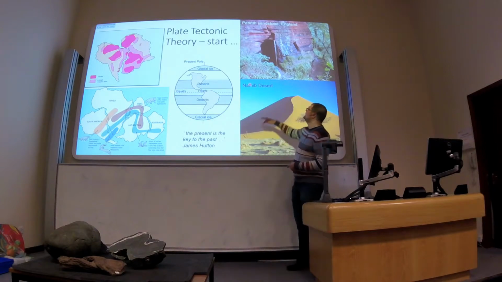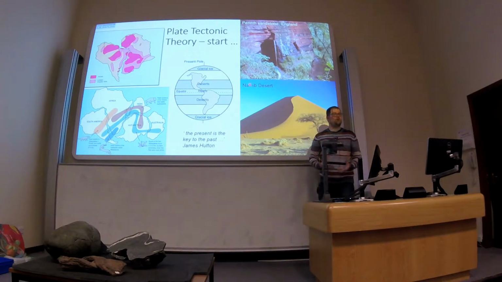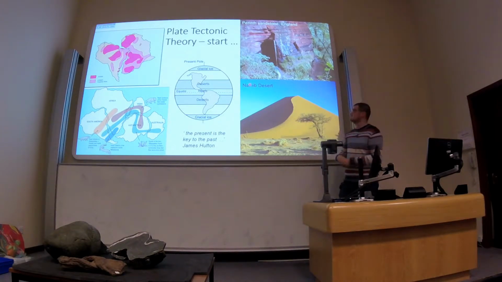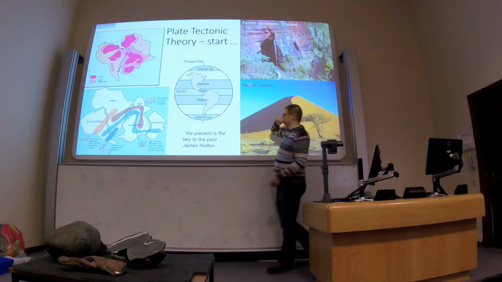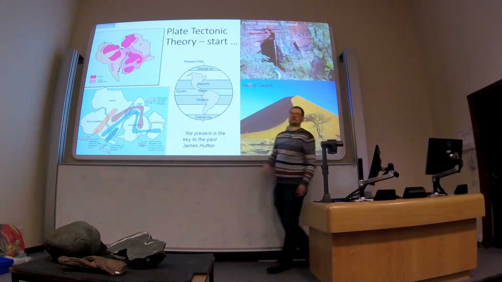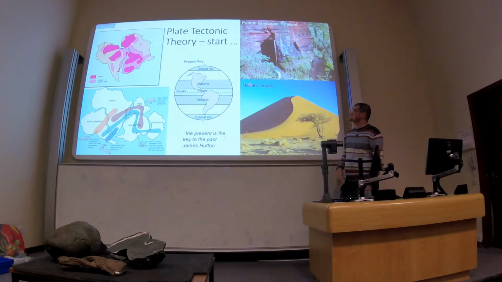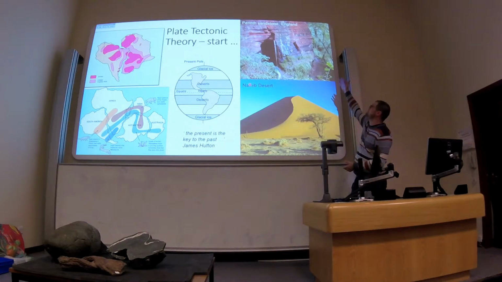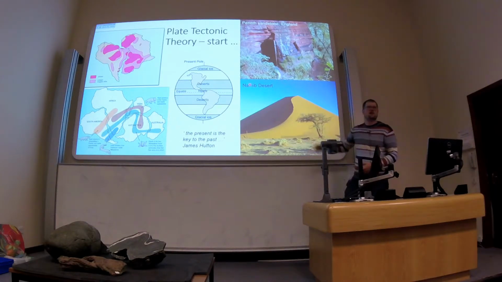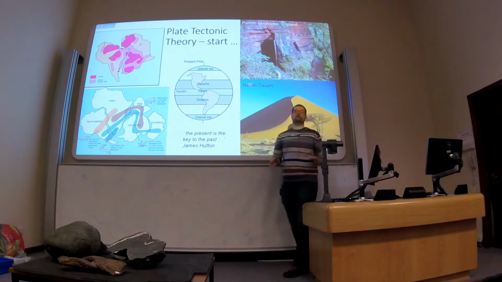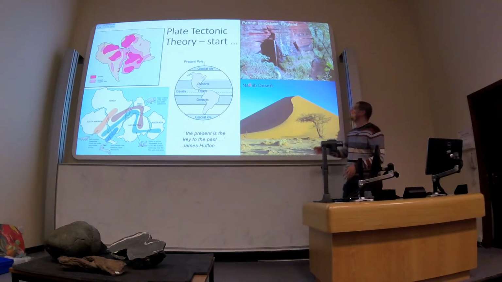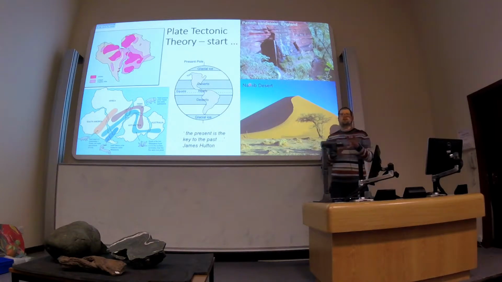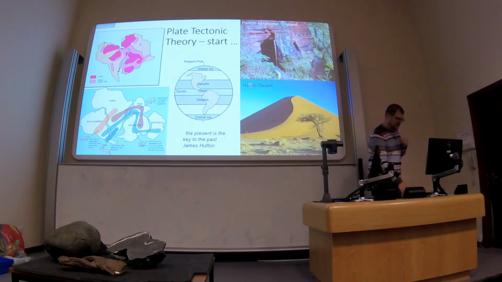And also when you look at the rocks that are formed on those continents, they don't necessarily seem to match the environment they're currently in. For example, deserts tend to form in these mid-latitude environments where it's hot and dry. And if you go to the Lake District, you'll find the Penrith sandstone, which is basically a deposit that formed in a desert. But if you ever go to the Lake District, it is definitely not a desert now. So you can see that there's this geological evidence that the continents were not in the same position in the past that they are now. We can go a little bit further than that.